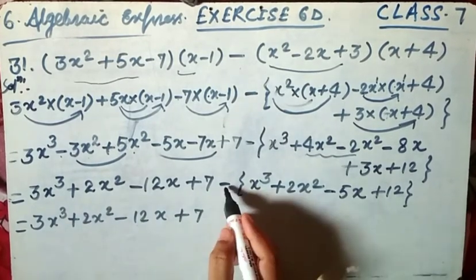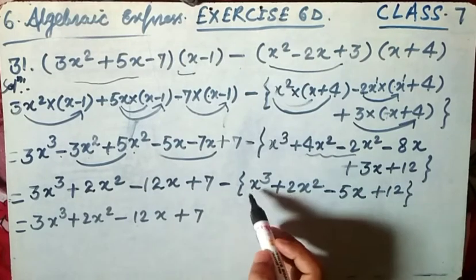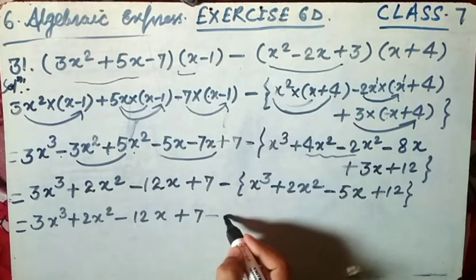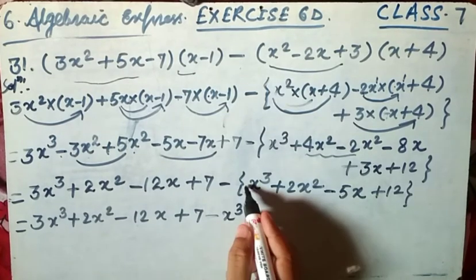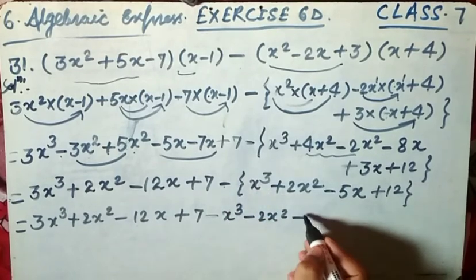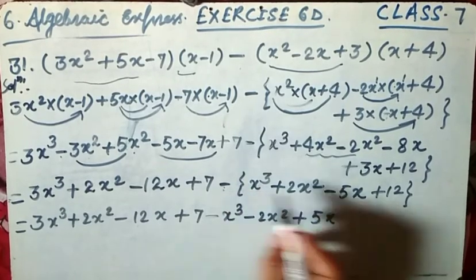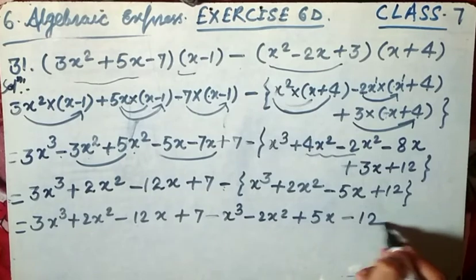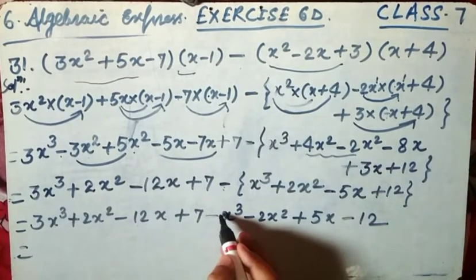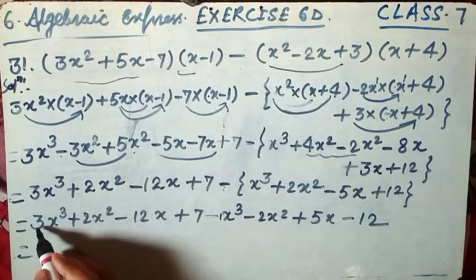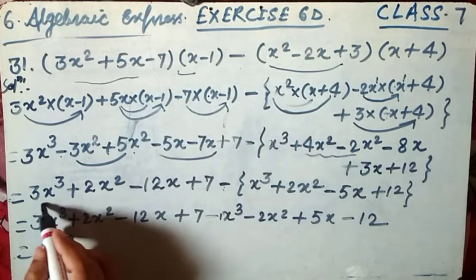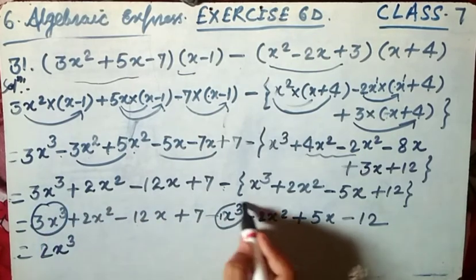Now multiply this minus, and we have to change the sign of the terms inside this curly bracket, means here the plus minus. Why? Because minus into plus minus, minus into plus minus 2x, minus into minus plus 5x. Okay, minus into plus minus 12. Okay, now this x cube, here is only one, here the 1 is hidden, 1 x cube, here is the 3 minus 1 is 2, and x cube is x cube. Okay, here we have to finish about x cube.